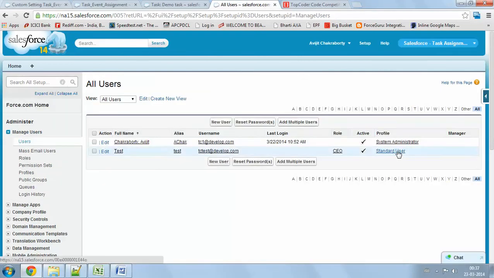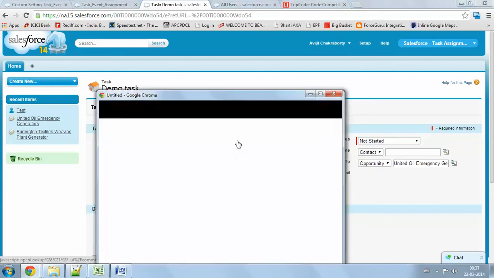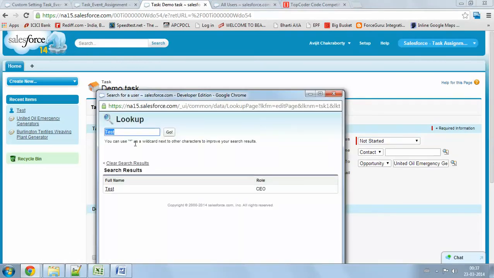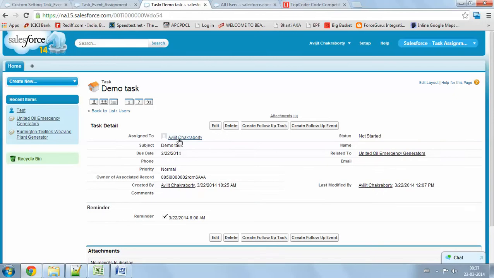So this test is a standard user. I assigned the task to the standard user. So now I'm going to assign it to myself again. Click on save. So you can see I'm assigned to myself as well